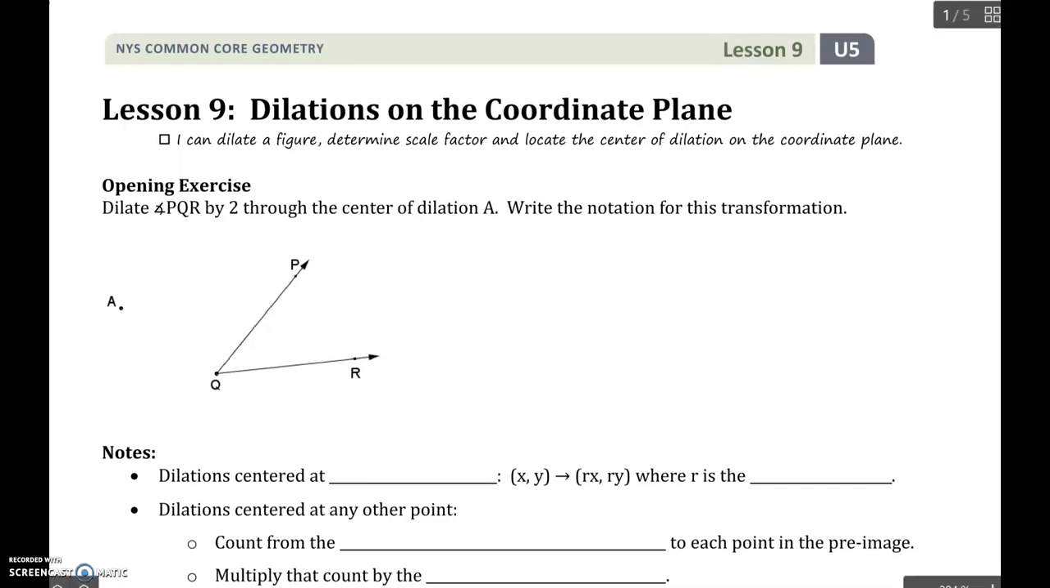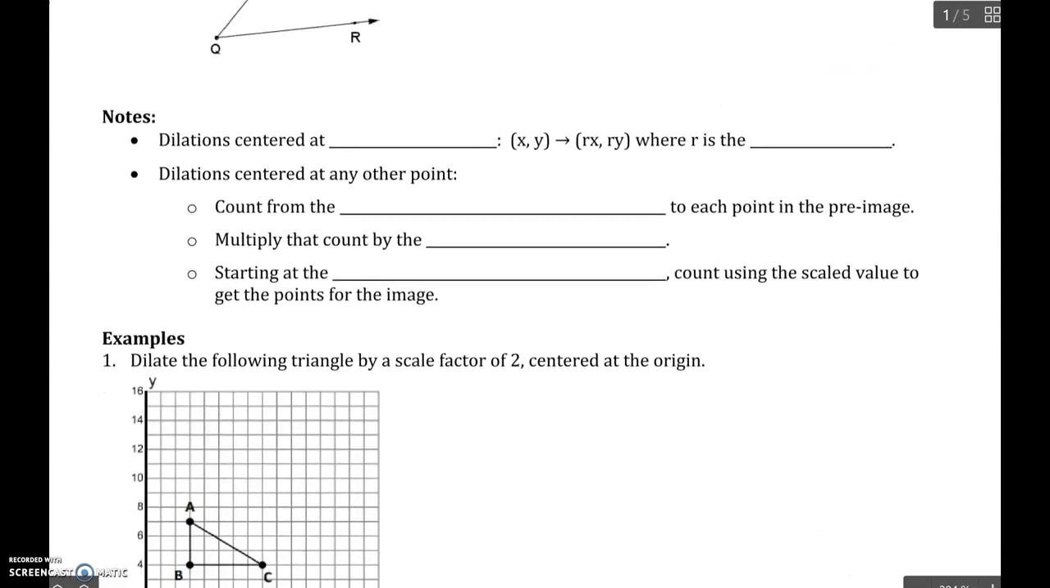We're going to be doing dilations, scale factors, and centers of dilation on the coordinate plane, the XY axes. So you're going to try this opening exercise on your own, and we are going to go down to the